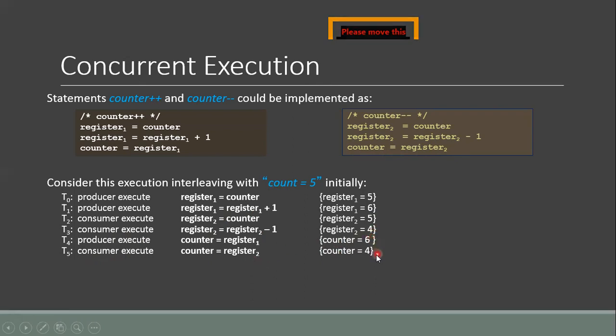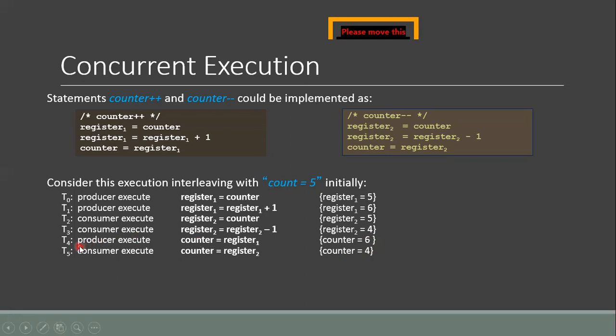This value 4 will be moved to the memory location counter. So the previous value 6 will be overwritten by this new value 4. The final value now available at memory location counter is 4, which is an invalid value. The correct value should be 5 at the counter location.